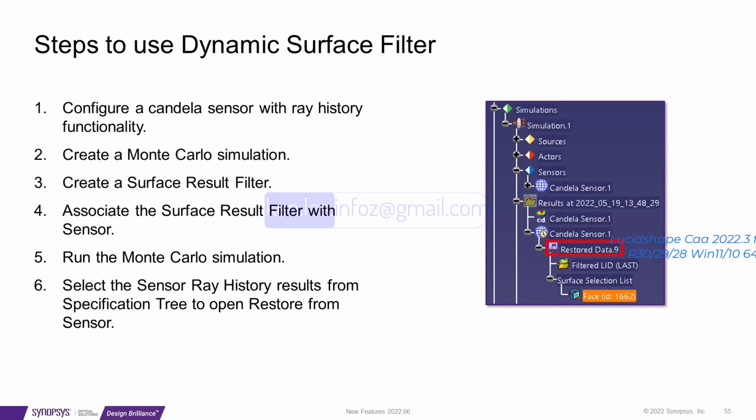Here are the steps to use the dynamic surface filter. You configure a candela sensor with the ray history functionality and create a Monte Carlo simulation. Then create a surface result filter and associate the surface result filter with the sensor. Run the Monte Carlo simulation and then select the sensor ray history results from the specification tree to open the